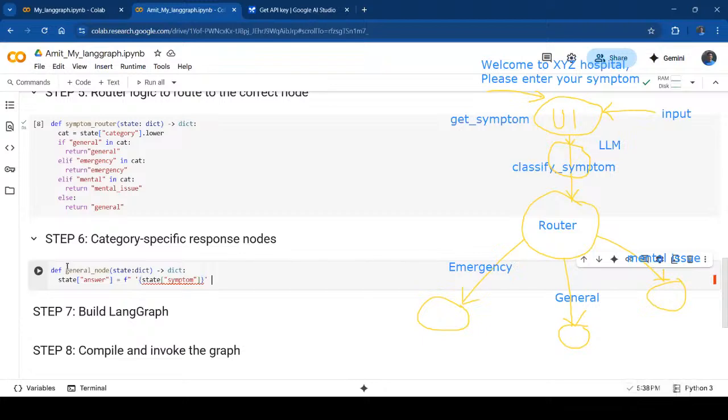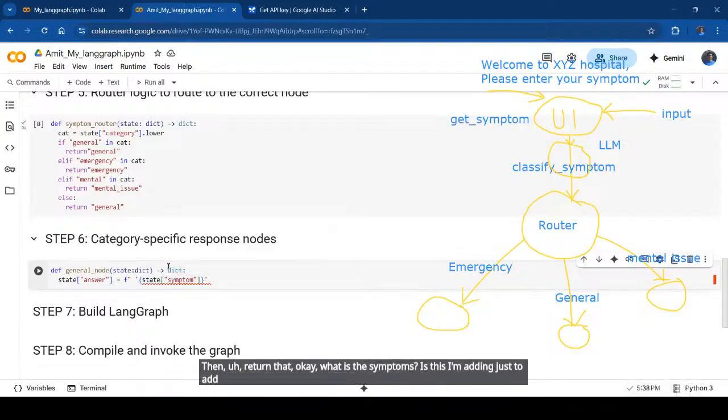So if a person says that it's a general symptom, so if a person says I have fever, then return that, okay, what is the symptom? I am adding this just as a debug thing, so that if my state symptom is being passed here,